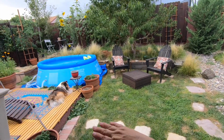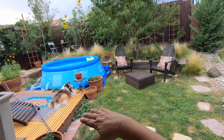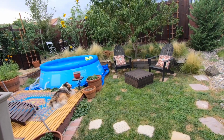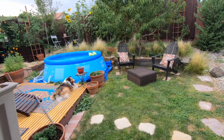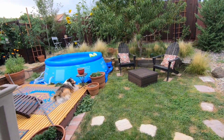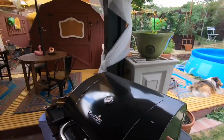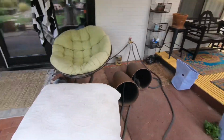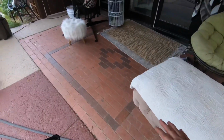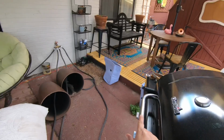So once we have the real deck there, that's where we'll put either this pool again next year, or I'd really like to do a stock tank pool where I can have a sand filter or something like that. That's the plan there. And then here, this floor here, I'm going to do the same as that floor over there,